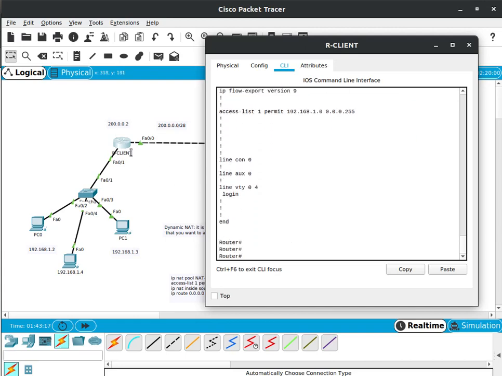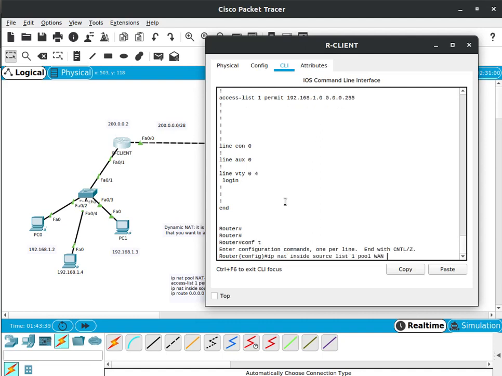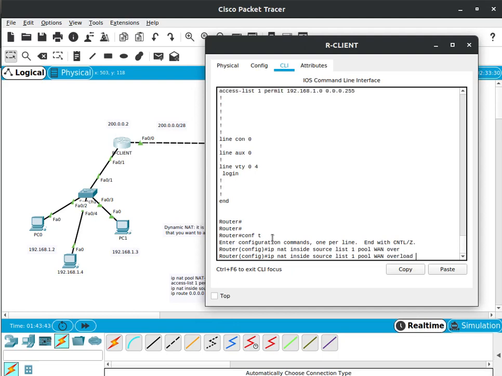Okay, but what happens if you have a lot of computers? If you have more than 10 computers, it's gonna crash. You cannot go to the internet because we only have 10 public IPs. So in this case, we need to change this command. We need to put overload. We need to change IP NAT inside source list 1 pool WAN overload,